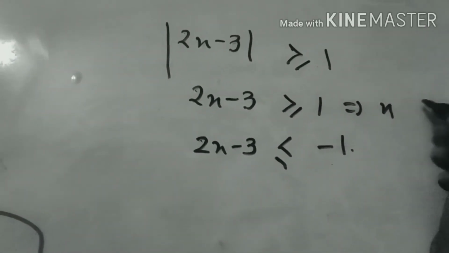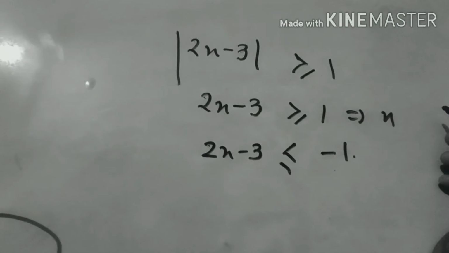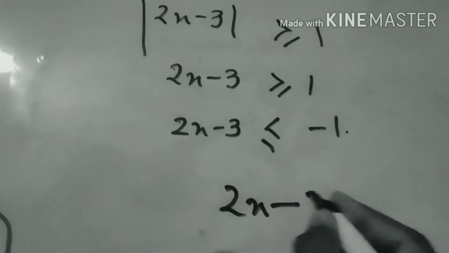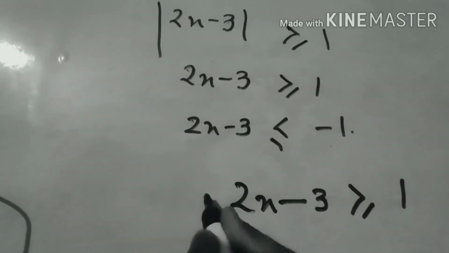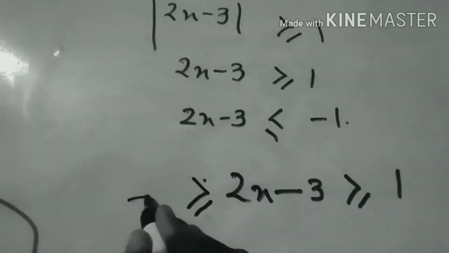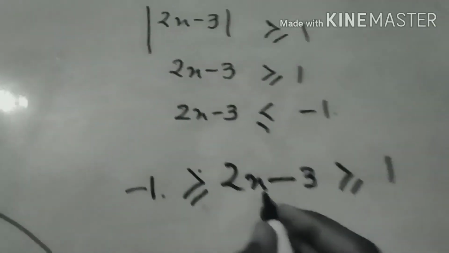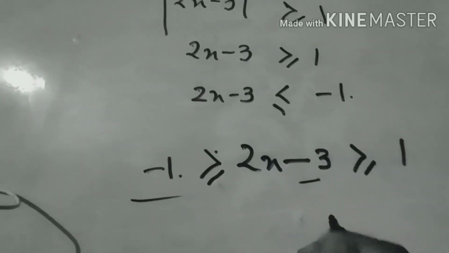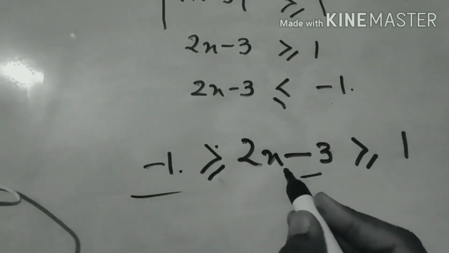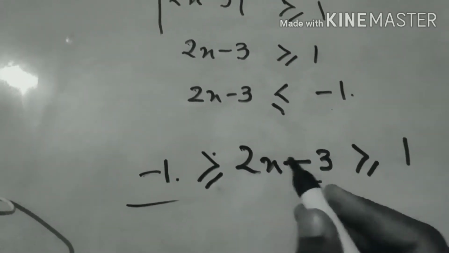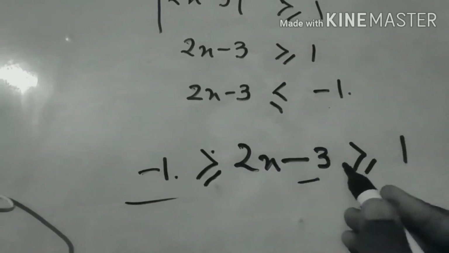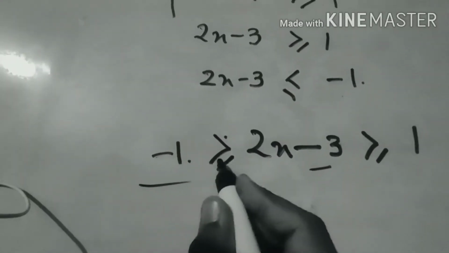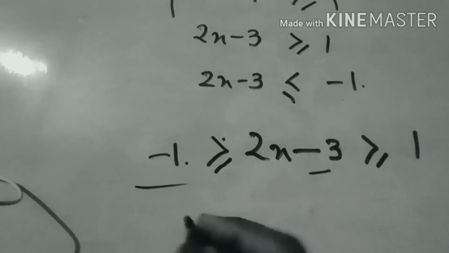It will become 2x minus 3 is greater than or equal to 1 and smaller than or equal to minus 1. And if we have to bring out the value of x, we'll be equating this, as in the earlier method, but when we have to eliminate, we take out the value in x. What we will do is plus 3 divided by 2. Plus 3 will be, minus 1 plus 3 will be 2, and 2 by 2 means 1.